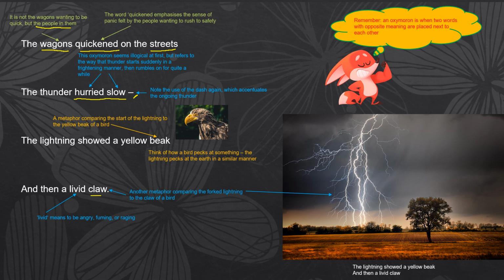Now think of, especially if it's a bird of prey, think of the claw of a bird, the kind of damage that it can do. Okay, it's something sharp, it's something aggressive, it can scar, it can injure. Okay, so we have that kind of sense all embodied in the word claw over there. And a very interesting use of the word livid here. Livid, of course, means to be angry, fuming, or raging. The word actually comes from being bruised or battered. Okay, so we get this very angry word over here, and this gives us once again this sense of the storm itself being angry.